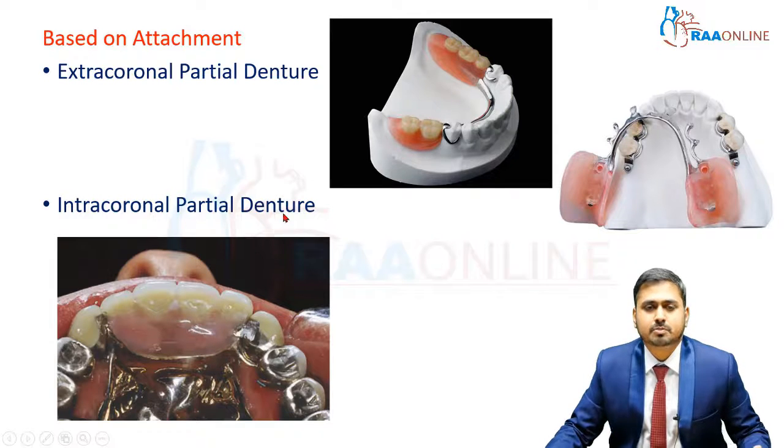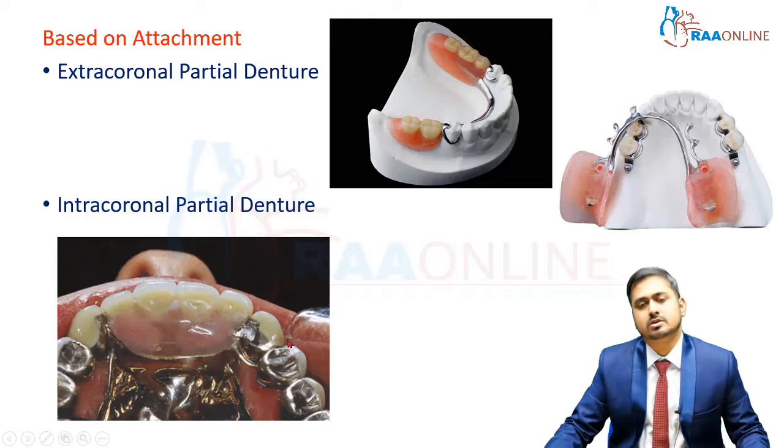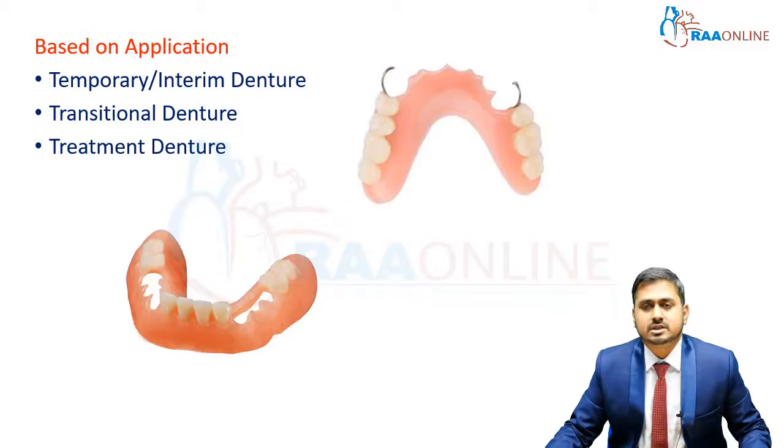In the case of an intracoronal partial denture, you have an attachment here which gets locked inside the crown. So, this attachment will be well within the contours of your crown. This prosthesis will be very familiar to you. You have fabricated this in your preclinical years or during your clinical years for patients. So, this is a temporary partial denture which has to be replaced by a more definitive prosthesis at a later stage.